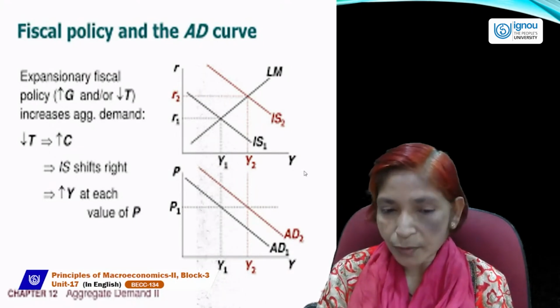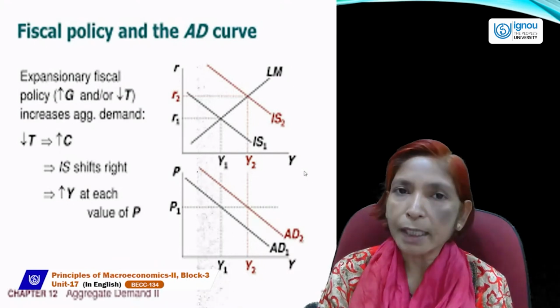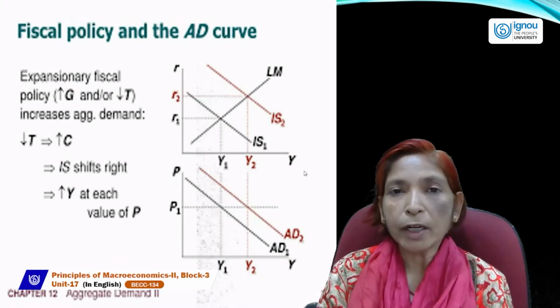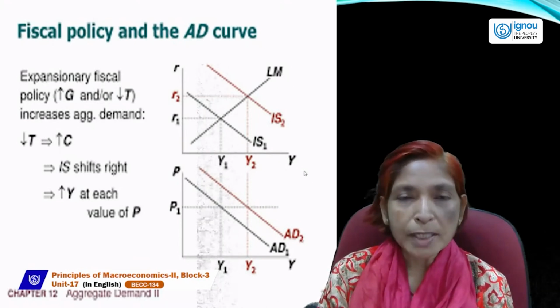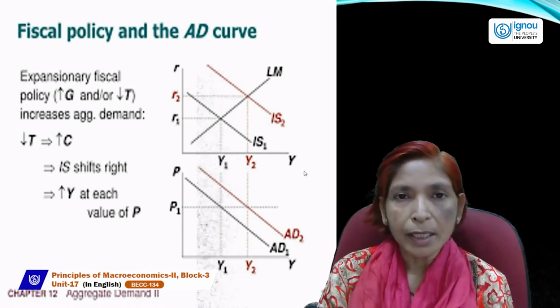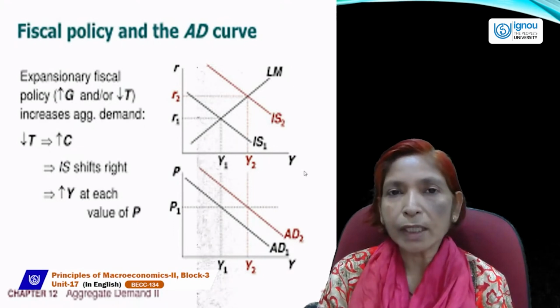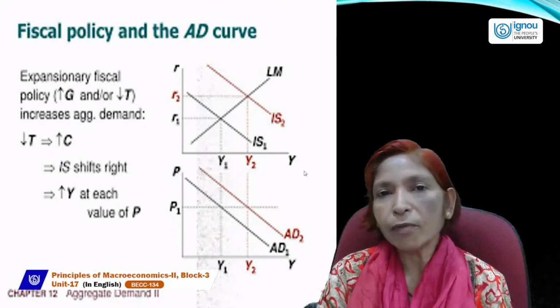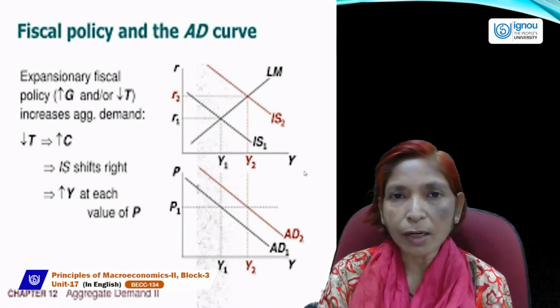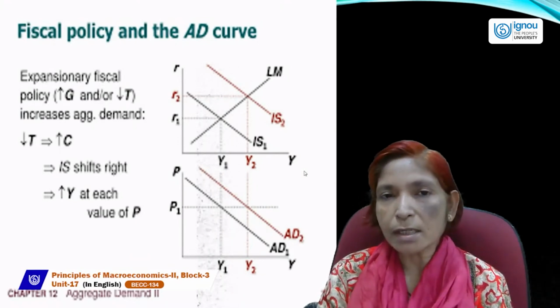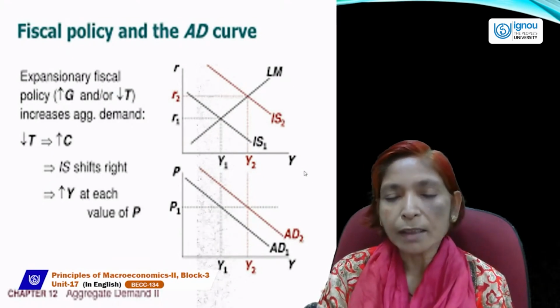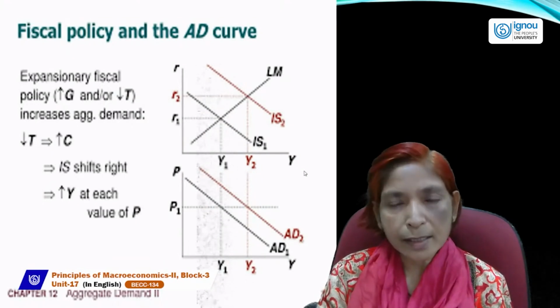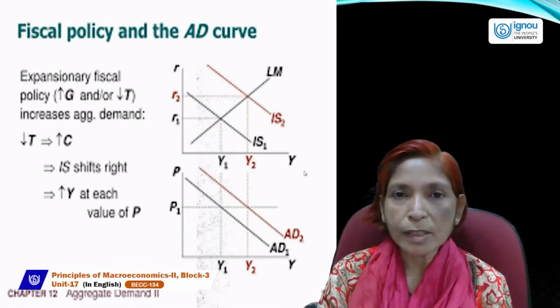spend more on goods and services and consumer demand will also increase. Because if government reduces taxes and increases expenditure, as you know, one person's expenditure is another person's income, and government expenditure is an injection variable. That's why due to the increase in expenditure, the country's people's income will rise, and due to the rise in income their purchasing power will rise, and due to the rise in purchasing power their demand will also rise. That's why the demand curve shifts to the right hand side. This is the main impact of fiscal policy.